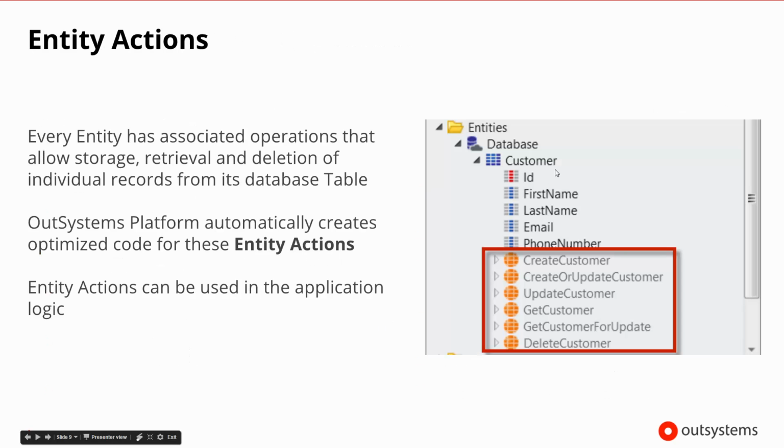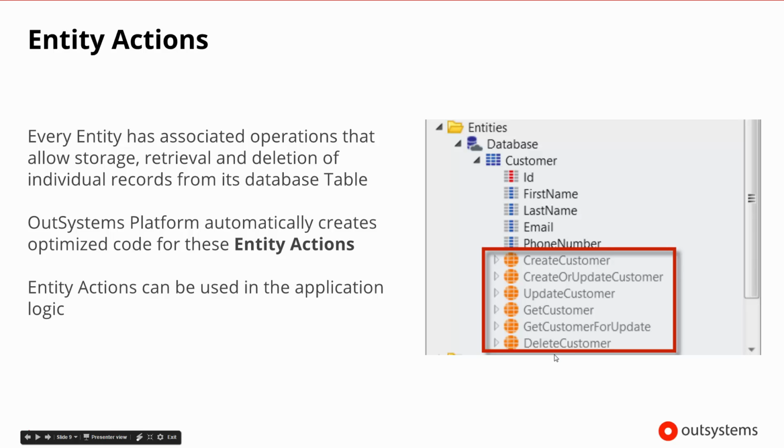So here we can see our entity, and we've added a number of attributes to it: first name, last name, email, and phone number, and these would automatically have been typed to email and phone number. But in this particular instance, we're looking at the actions. When we create an entity, we'll have an identifier. It will have all the attributes that we go ahead and create for it, and then it will have these